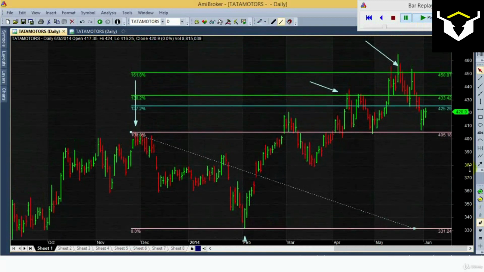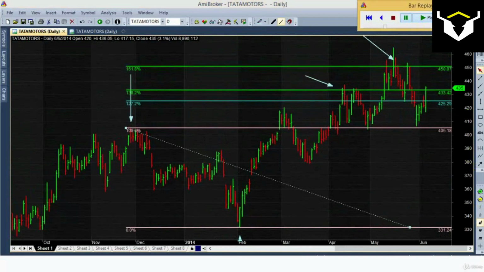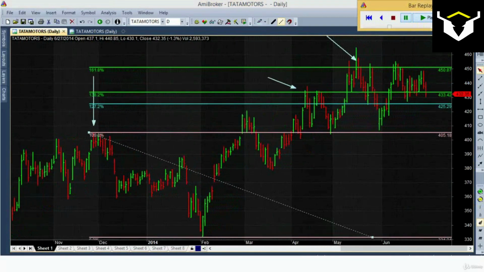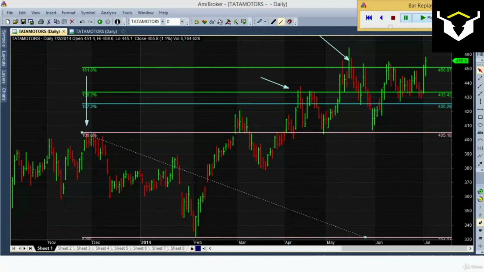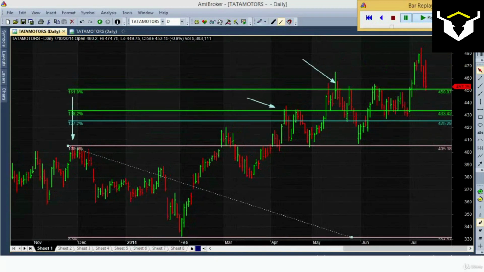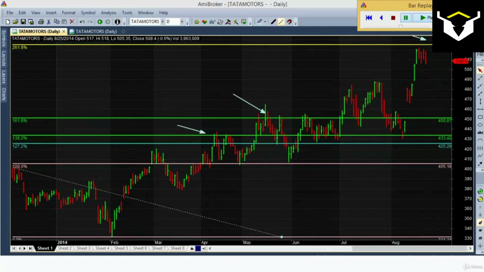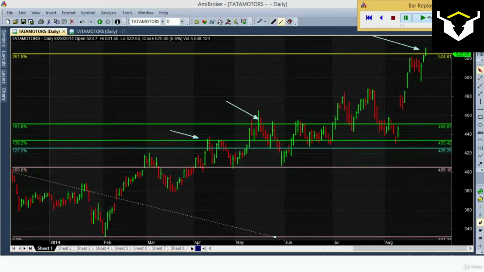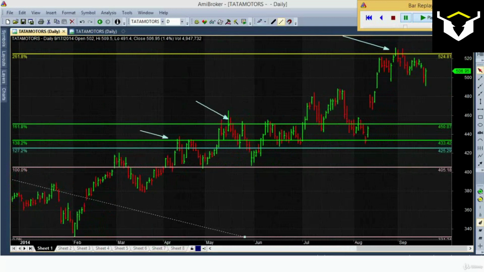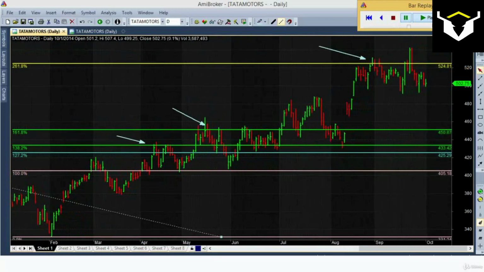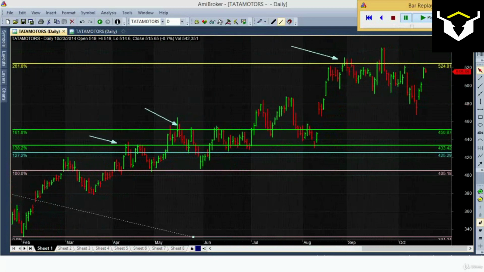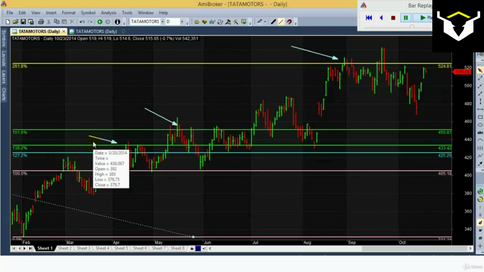Okay, now let's go ahead and add bars. Prices are continuously finding resistance at 161, but finally they break through 161 and go till 261.8. Find resistance at that price as well. Breach, fail, and fall down. Alright, so you can see every time a price reaches one of these Fibonacci levels, they respect these levels